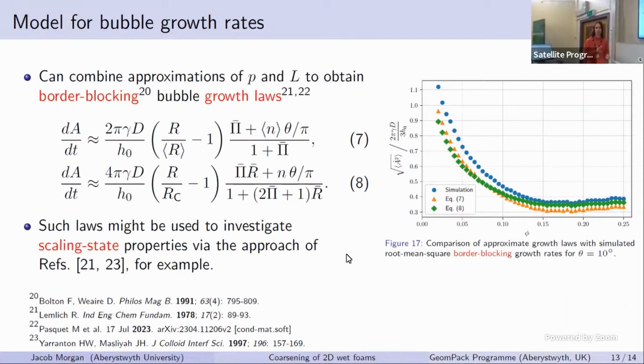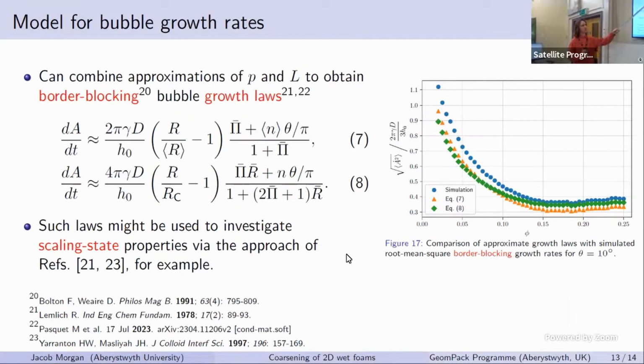The neighbor pressure is set by conservation of gas under coarsening, so the mean growth rate should be 0. So multiplying that pressure difference by the film length in 2D that the bubble would have. That's a standard approach coming from Lemlich, and applying that with